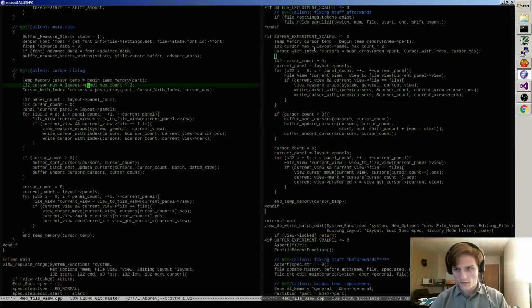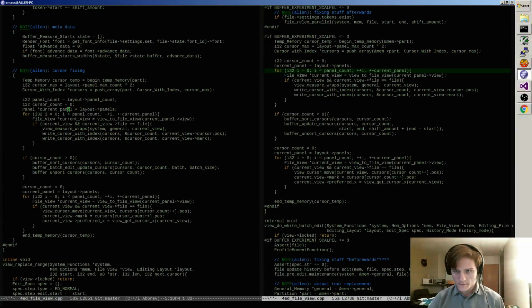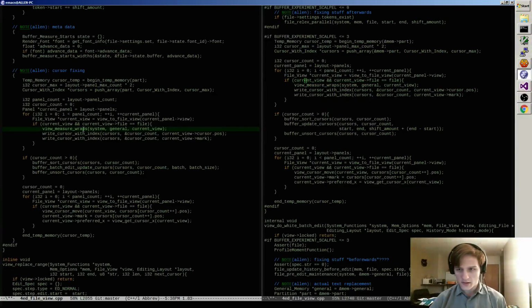Both set maximum number of cursors. Push an array of cursor indexes. They've got a panel count and a cursor count. They loop across the panels. And for each panel they look at the view. For each view they look at the file. And if we are looking at the same file in that view as the file that got edited, what happens is we tell that file to measure its wraps up again, and then we write